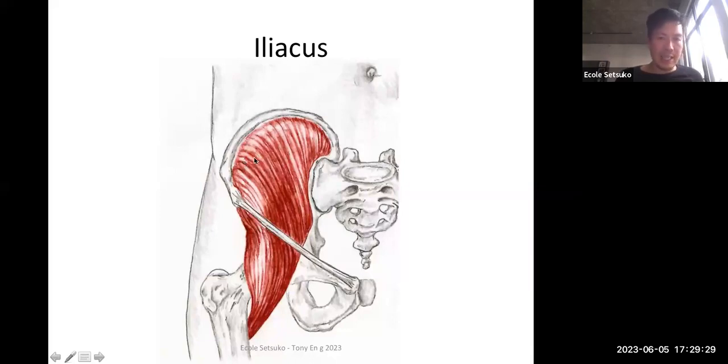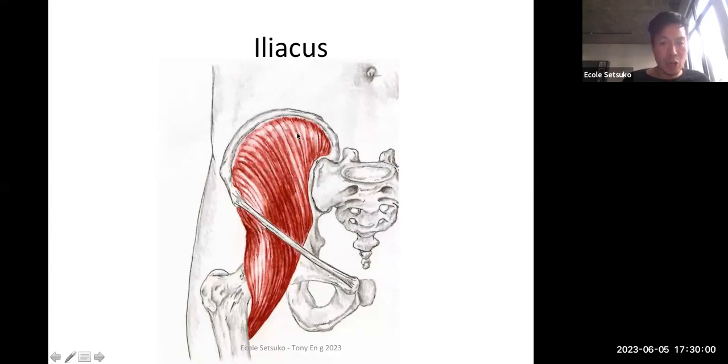So origin is at the iliac fossa. That's on the anterior part of that ilium. So all that is the iliac fossa. And then you can see it goes under and then into the lesser trochanter. It's on the inside of that. So the greater trochanter is on the outside, and then right on the inside here is that little bump of the lesser trochanter. So by bringing this closer to the origin, that will bring more of a hip flexion as the